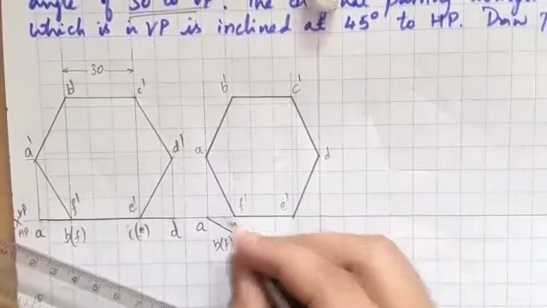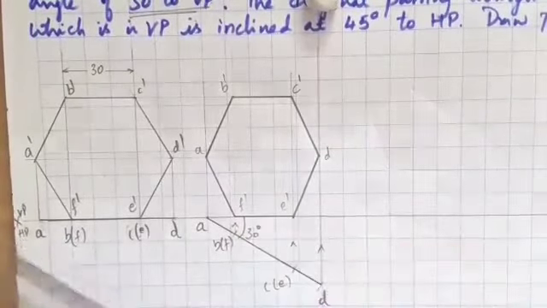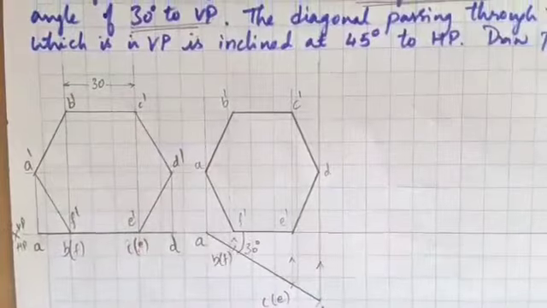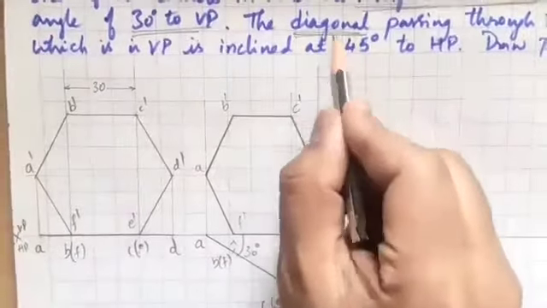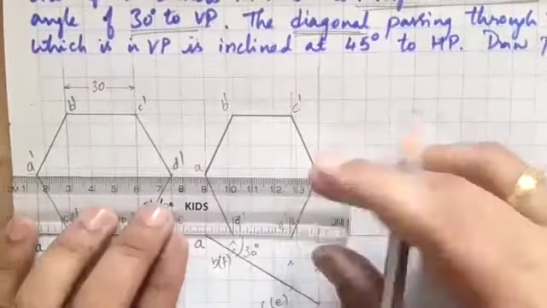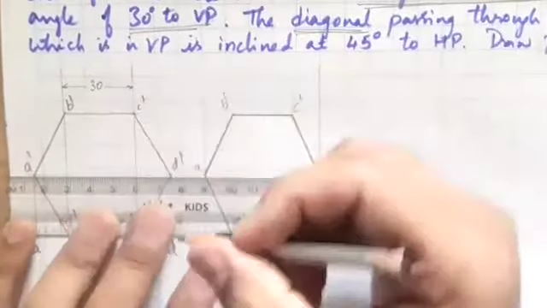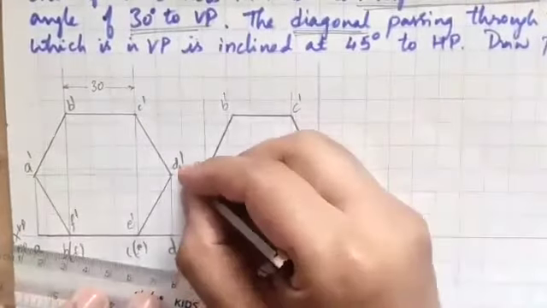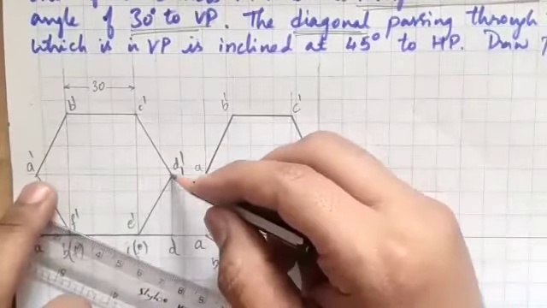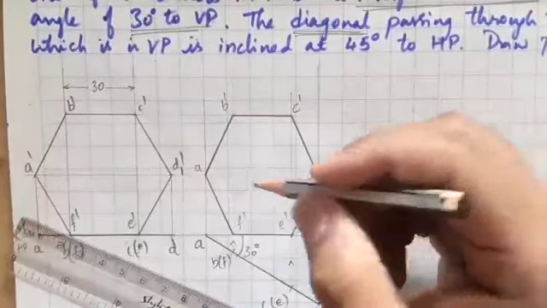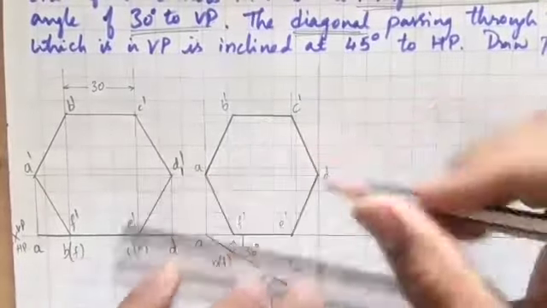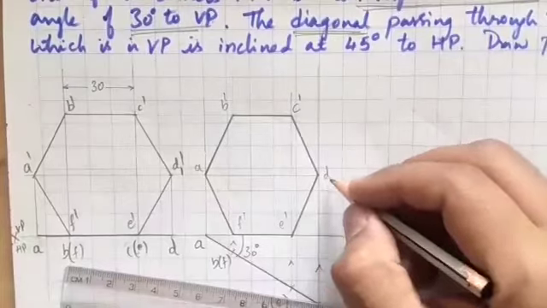After the surface is inclined at an angle of 30 degree, next is the diagonal. That is an important element here. So in this true length, the A dash D dash, for my convenience, I am going to name it as A dash D1 dash, which is the true length of the diagonal. Next, apparent length of this diagonal is AD. This is AD. I'll be keeping this D as it is.